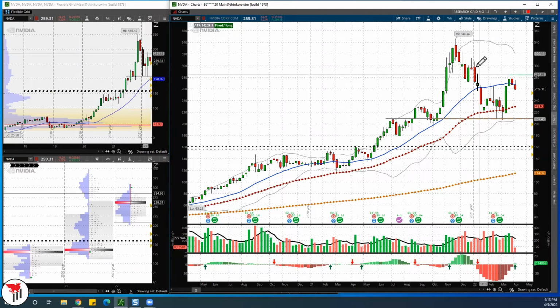But once you start seeing the sellers right here, you see the sellers right here in red. Those are big red bars. Those are sellers. So they're telling me, hey, enough is enough. 288 is where you're going to get out or short. So whoever's looking at this one, based on the weekly chart, that's all I'm saying.